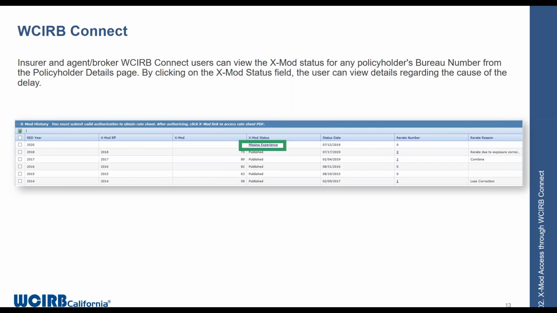Once you find the policyholder's bureau number, from the policyholder detail page, you can find their experience modification history. You will see instances where an experience modification has not been issued yet, and you're going to have the various statuses, and you can click on those statuses,